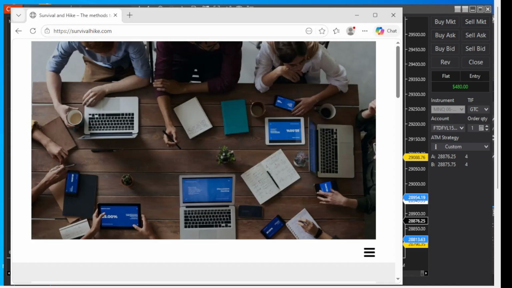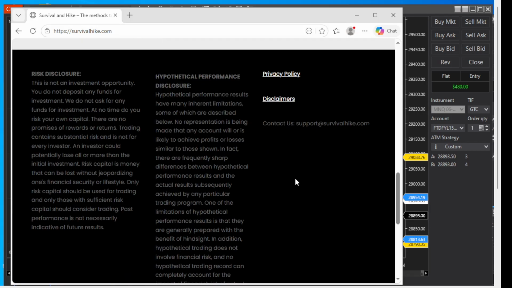I think I'm ready to show you this strategy, and hopefully this can help you in your daily trading life. Anyways, before I start, this is the website survivalhike.com, and I have to go through the